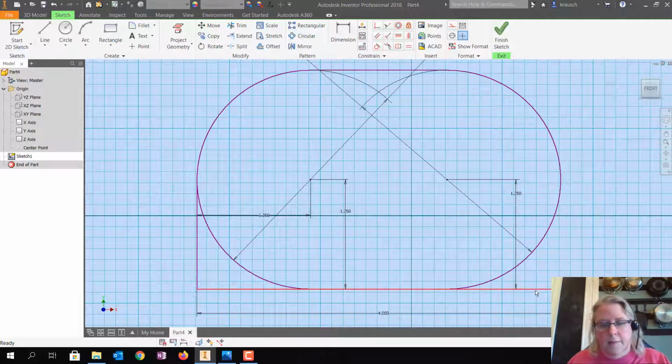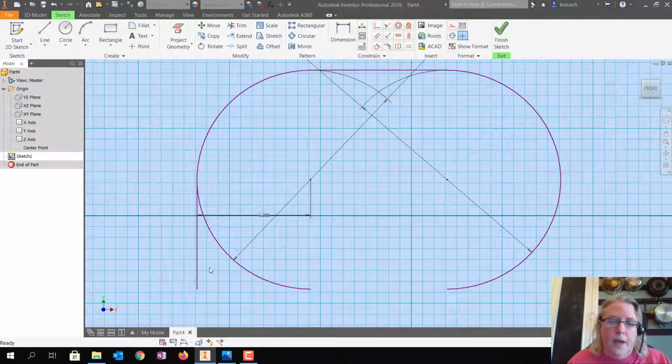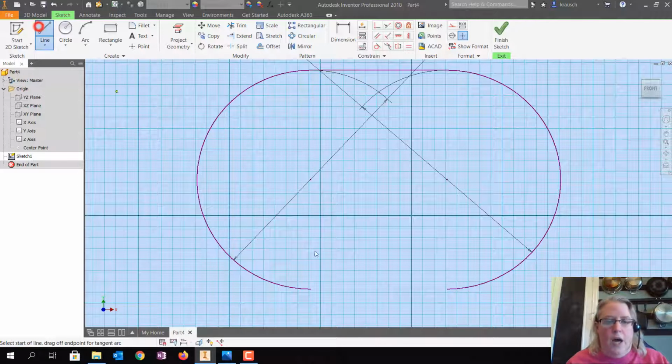And I'm going to do the same thing with this horizontal line here at the bottom. I'm going to press delete. And I'm going to do the same right here on the side, and I'm going to press delete. Now I have an opening at the bottom of my drawing, so I'm going to take line, and I'm going